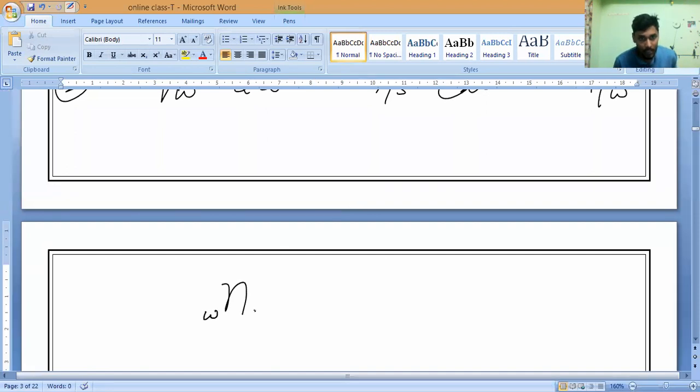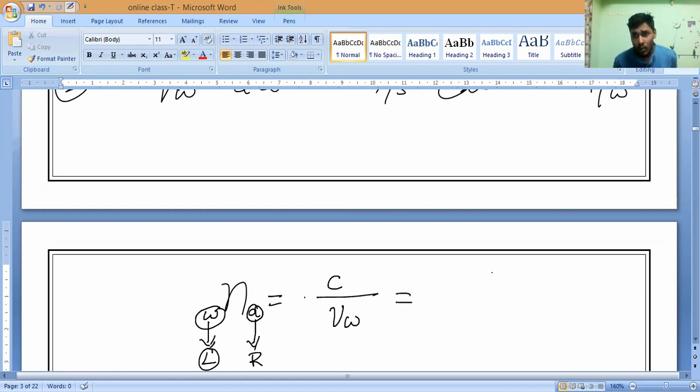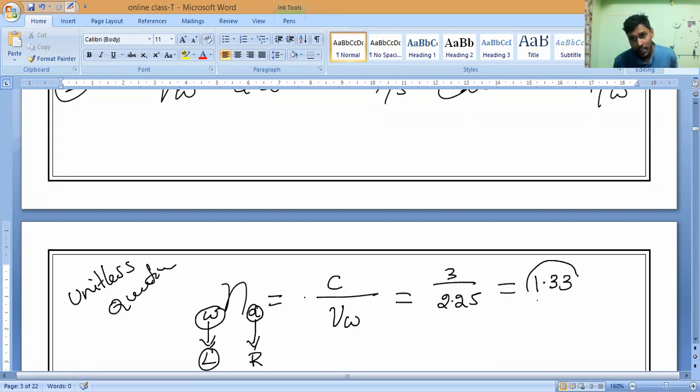So refractive index of water: left side should come. Be very careful. Left side only should come. This is your confirmation I am saying to you. Absolute refractive index with respect to should come always on the right side. The given medium will come on the left side. So what formula will come? c divided by speed of light in water. That's all. Refractive index is a unitless quantity. So no confusion at all. So directly I can write 3 divided by 2.25. Yes or no, guys? Everything remaining cancels. So what is the value you should get? 1.33. Understand, everybody? Any doubt?